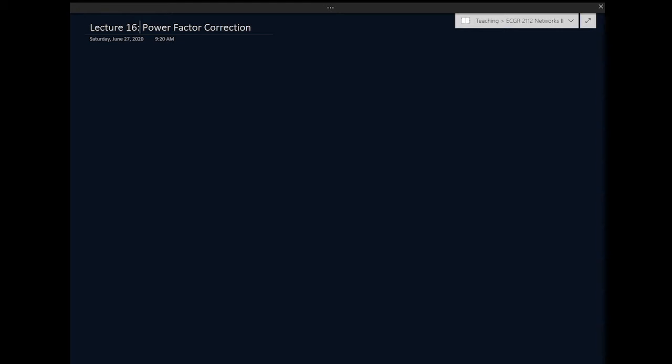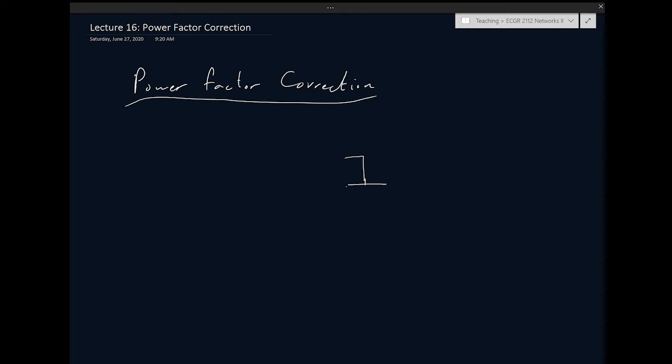So today we're going to talk about power factor correction. We're continuing this chapter that's about power and AC analysis. And we want to now touch on a topic called power factor correction. Right? What are we correcting? What's the idea here? So the idea is that we said that one particularly useful way of describing loads that